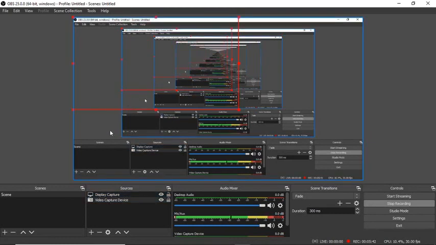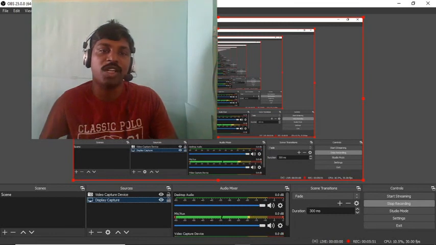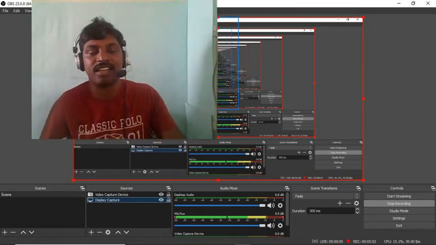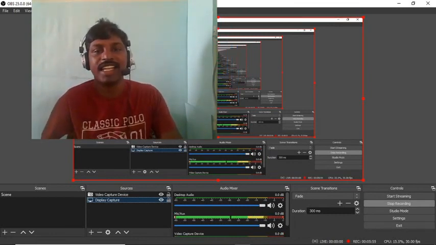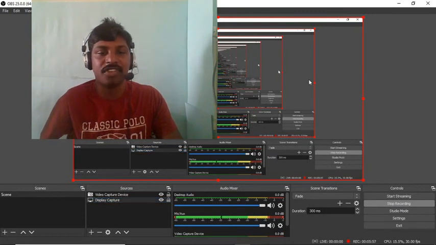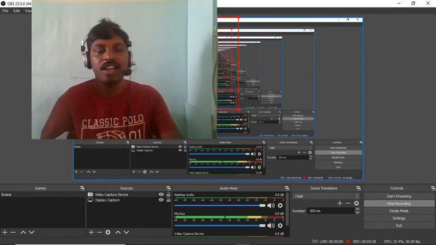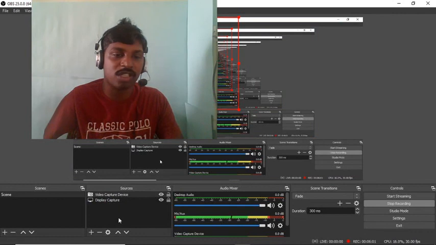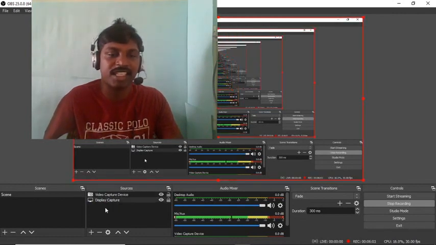But it is still there. Maybe it is not visible to you, but it is still there. So how can you undo it? You have to click on display capture once again and then move it down. So your video will come back here again, right? What is basically happening is that this is the first layer according to the sources box over here, and the display capture is the second layer.